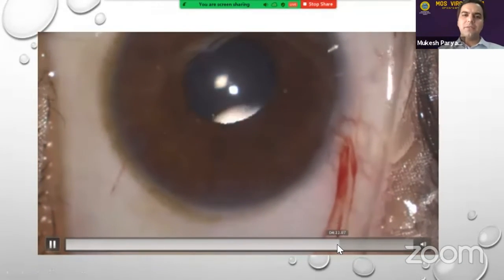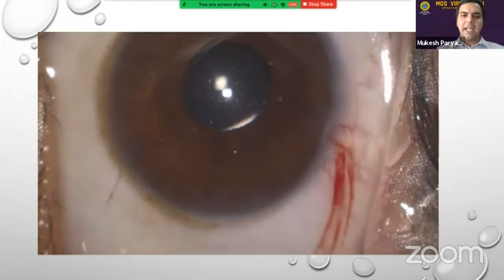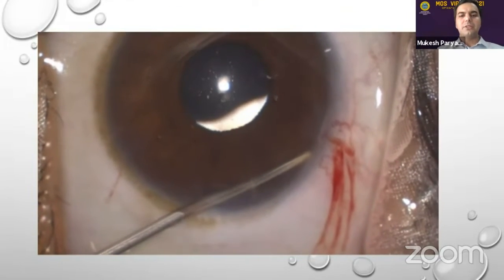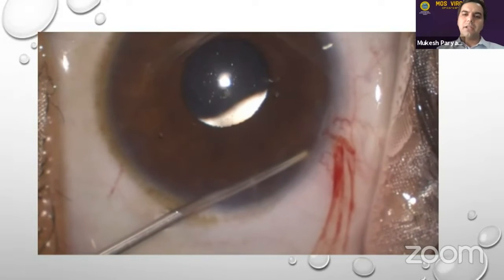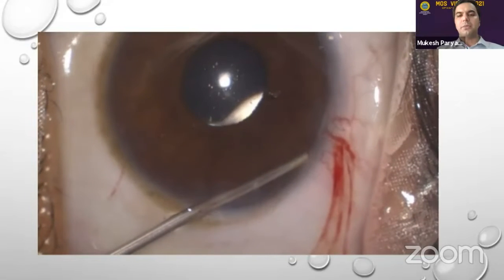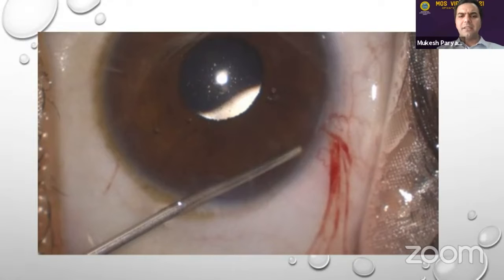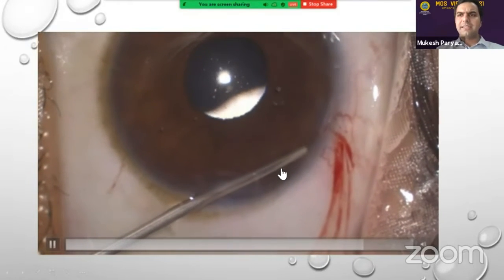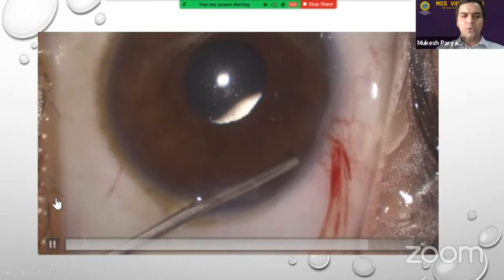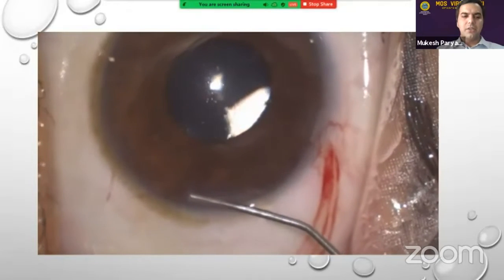Now, in some of the cases where the ACD is borderline, I still do a PI despite having a central hole. So I usually perform the PI using my vitrectomy cutter. I have just put in a pilocarpine, and I use my cutter to make a small PI on the superior quadrant. So whenever in doubt, if you have a borderline ACD, higher refractive error, despite the company saying that you can go ahead without making a YAG PI, it's always better to do a YAG PI.